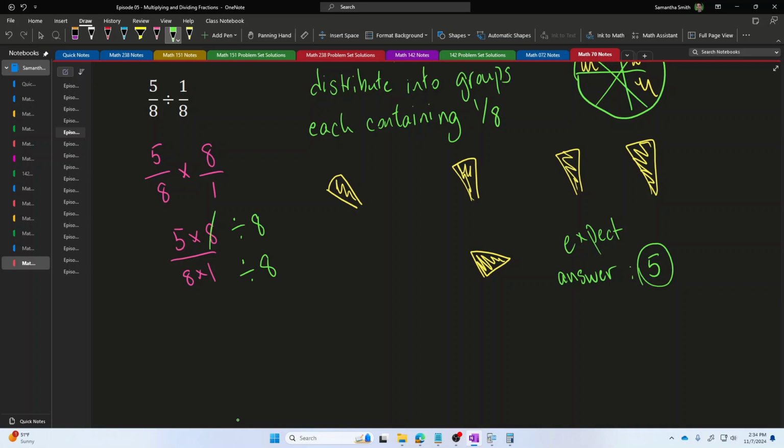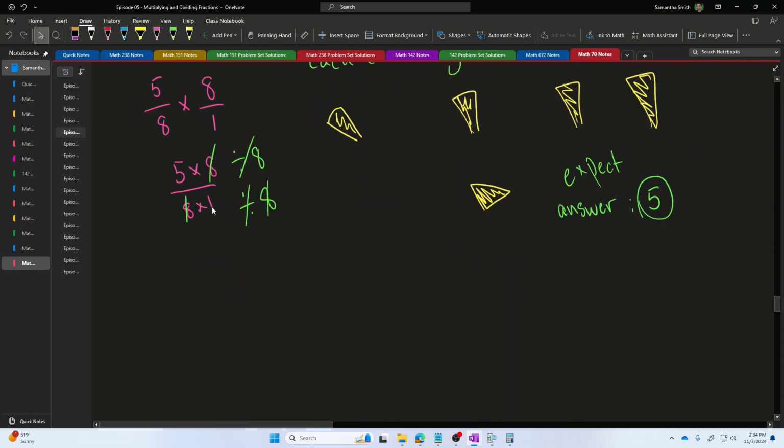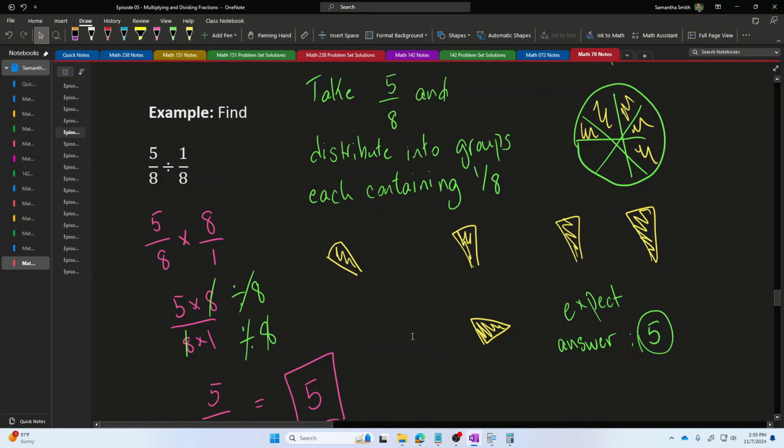So the 8 I divide out cancels the 8 that I had multiplied. And if I multiply by 8 and then divide by 8, that multiplied 8 and that divided 8 will also cancel each other out. So all that I'm left with is 5 and 1. 5/1. 5 divided by 1 is definitely 5. And that's what I expected based on my common sense for this problem. If I had 5/8 and everybody gets one of those eighths, then I get to feed 5 people based on that. So I would expect 5 from this kind of division problem.